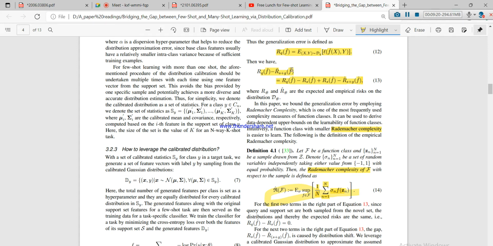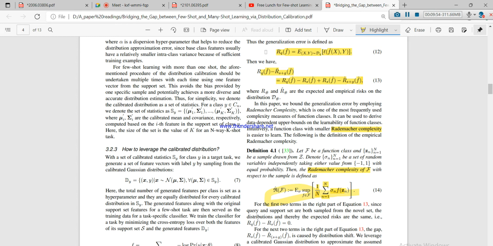Okay, so this is the explanation. For the first two terms in the right part of equation 13, since the query and support set are both sampled from the novel set, the distribution and thereby the expected risk are the same. So here they are saying